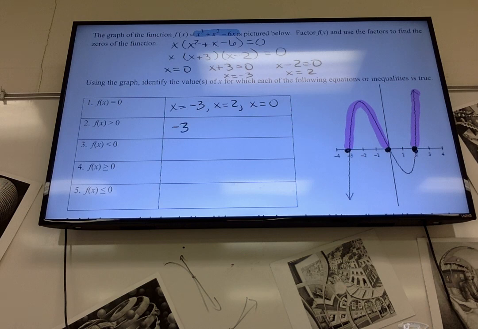Is it going to include negative 3? No. Because negative 3 is on the x-axis. It's not above it. So negative 3 to what? 0. Doesn't include 0. No. Same reason. Then union. And then where's the next one? 2. 2 to, yeah. That arrow means it's going to keep going forever, and